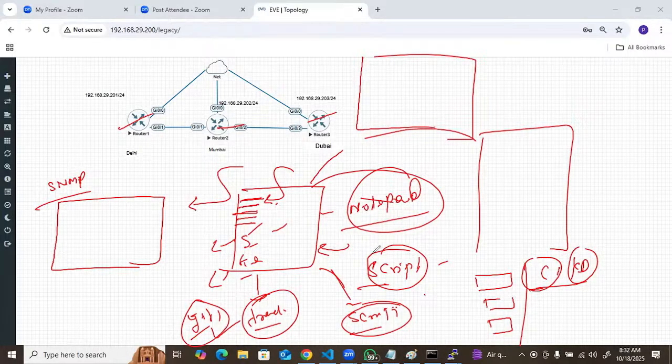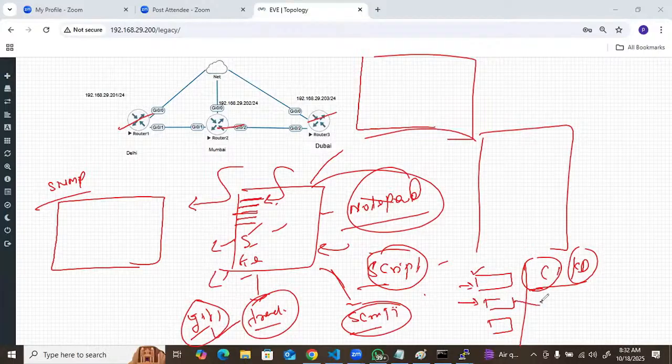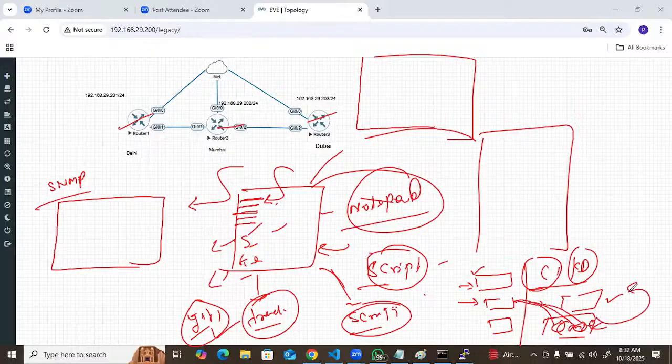Even what we can do, we can prepare the script. If you know the CI/CD pipeline, first if you are going to modify the changes, then after that I will push those configs on, suppose we have set up the lab, or if you are using CML, it's a Cisco platform. There you just put the devices, and first you need to push the config on those devices. If it passes on those devices, then it should be executed on the production network. Otherwise, it should not be executed. Got it? So using the CI/CD pipeline we can achieve that.